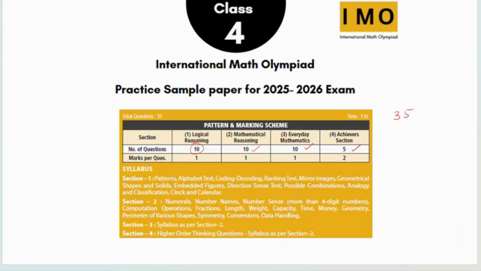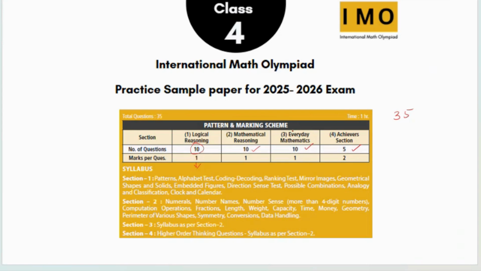In logical reasoning, every question will carry 1 mark, in which patterns, alphabet set, coding, decoding, ranking, mirror image, geometrical shapes, embedded figure, direction sense, possible combination, analogy, clock, and calendar will be there. The second section is our mathematical reasoning. This section will consist of 10 questions. Every question will carry 1 mark, in which number names, number sense, computational operation, fractions, measurement, geometry, data handling, symmetry